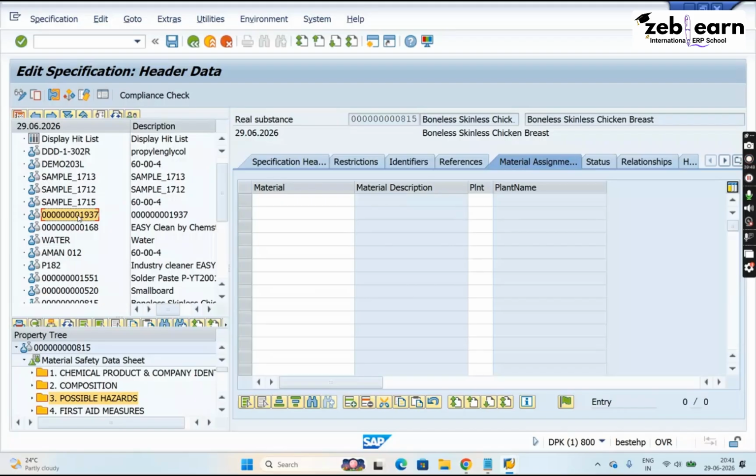Where should I go and check? In the specification name, I will add the name of the fertilizer. What if you don't? It depends on the company. Some companies only maintain numbers for their specifications. They don't want to add a name and all. In such a case,